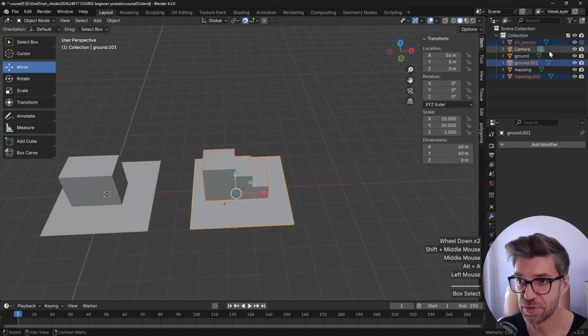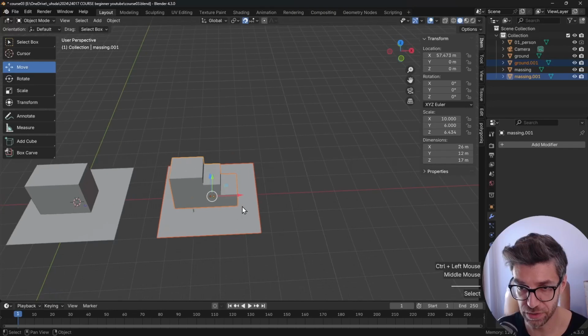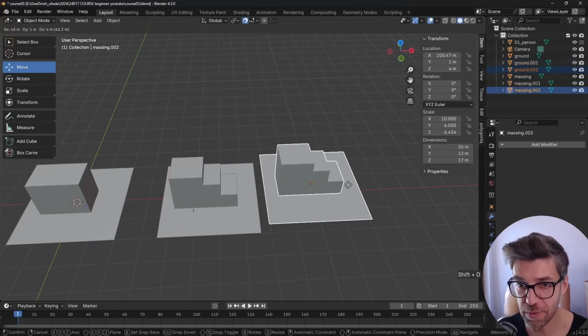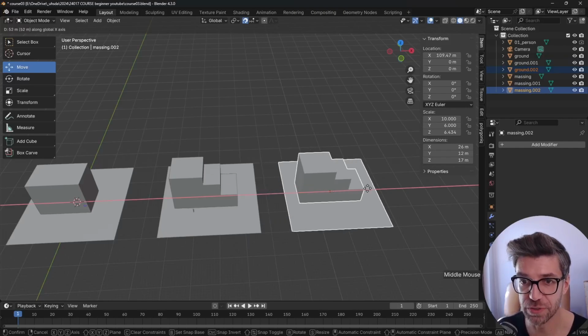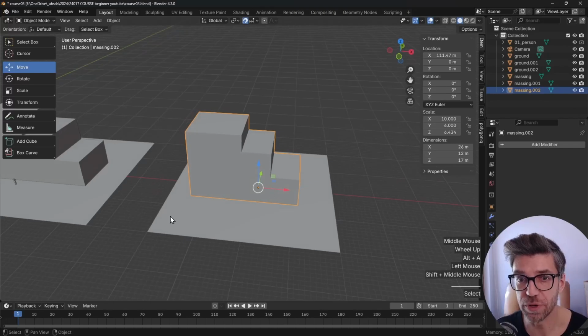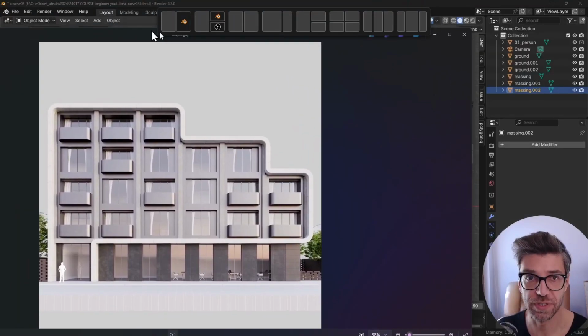So let's duplicate all this, except the person. I'm just going to click on ground and control click on the outliner and then shift D and then press the middle mouse button. It works the same as pressing on the keyboard X, Y, or Z to lock. Somewhere over here. Okay, so now we're going to start making that kind of element, which is, let's put these guys over here,